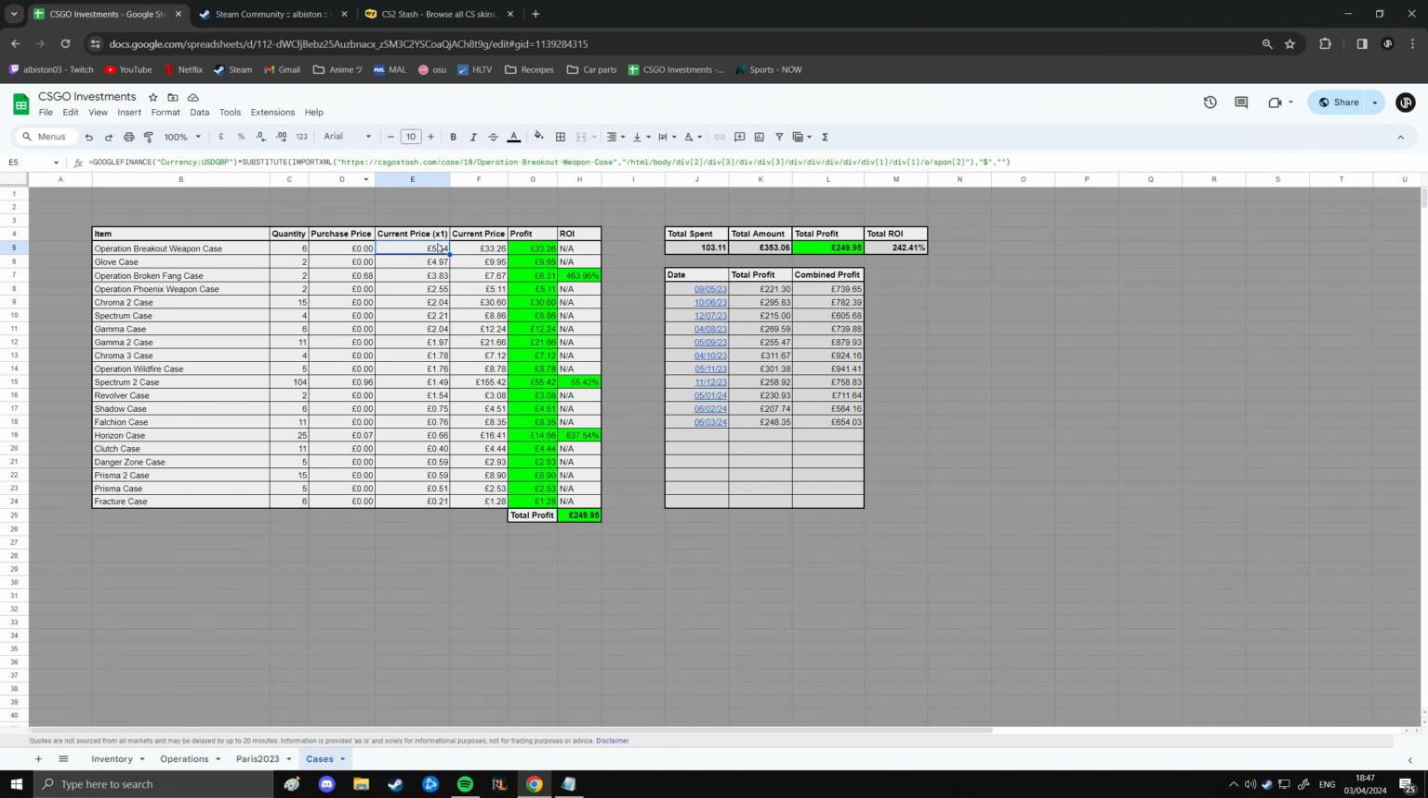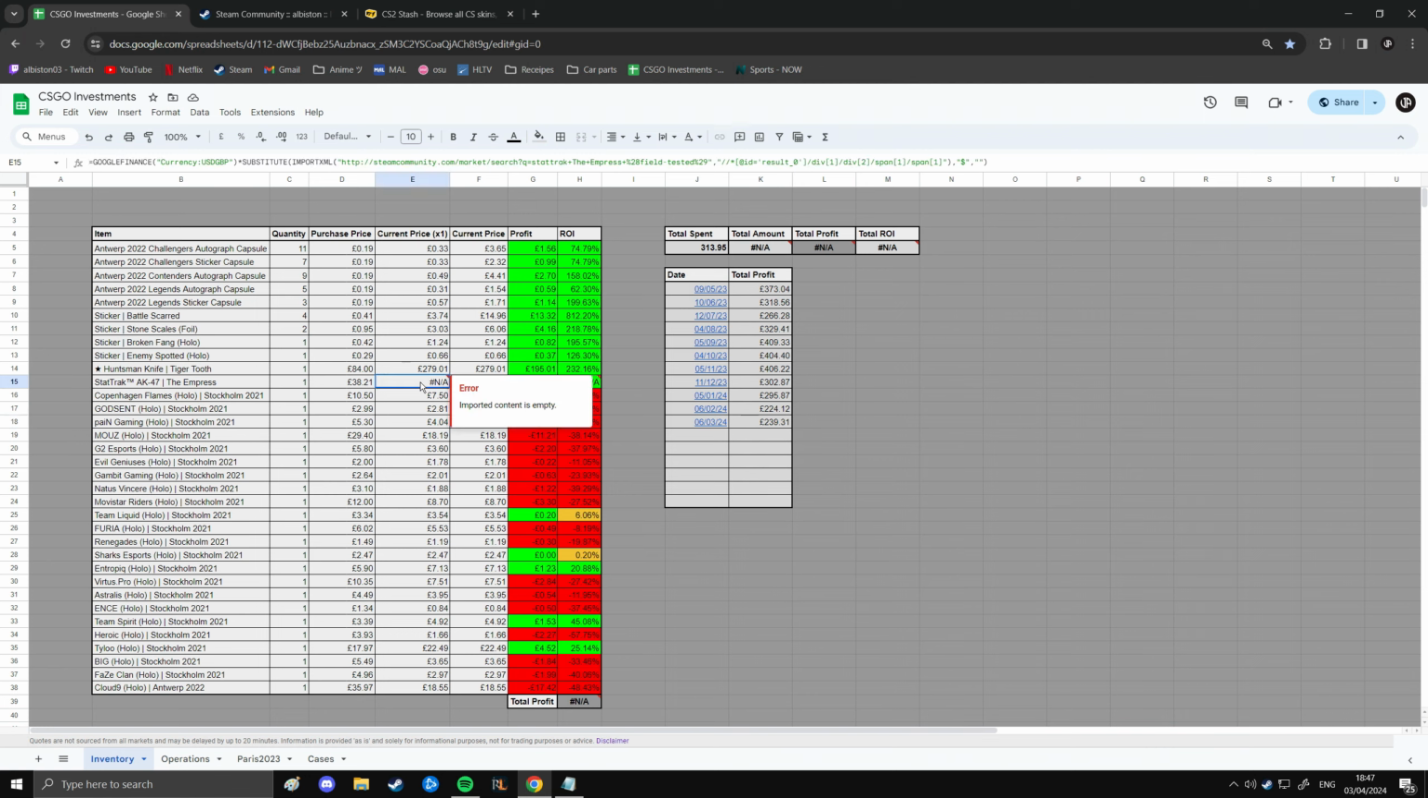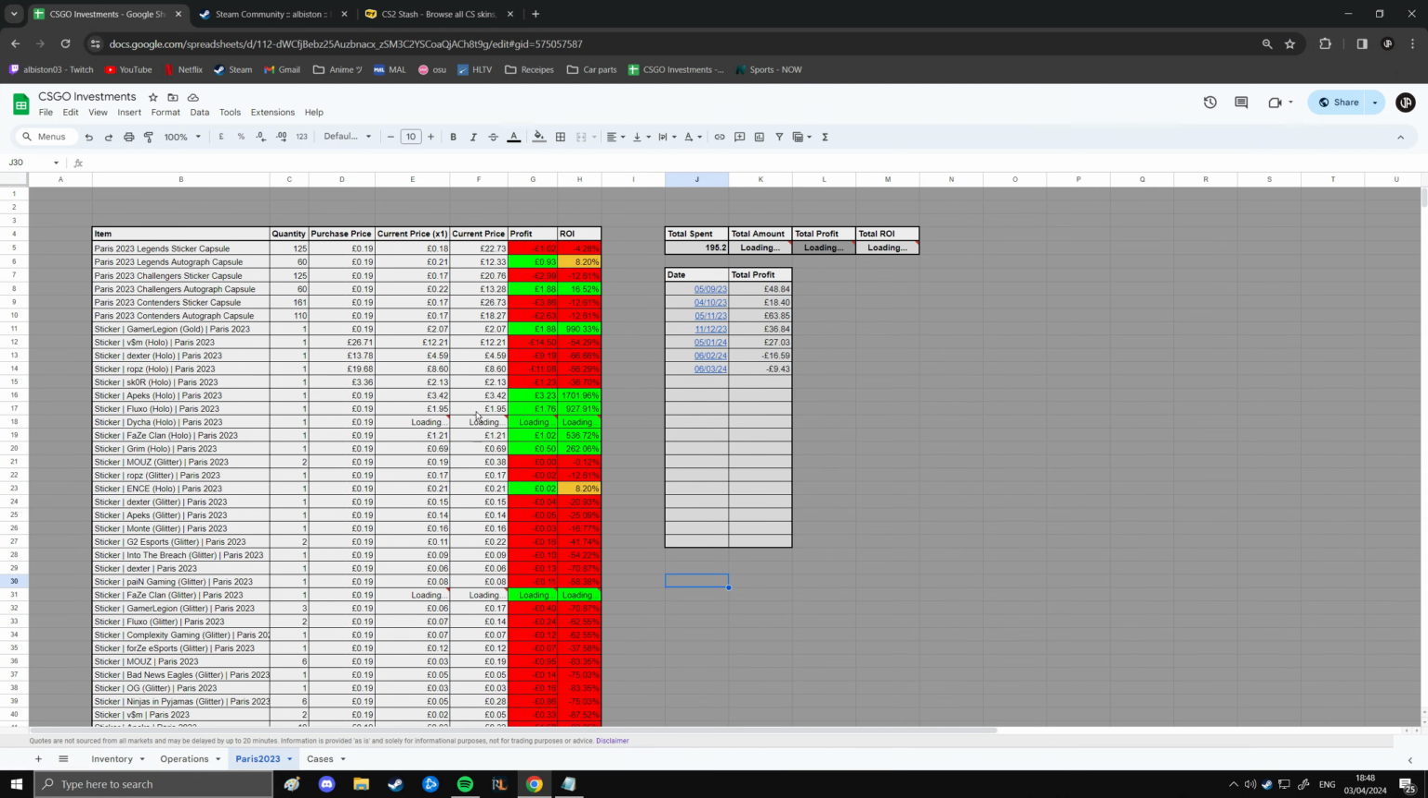Now to get your current price, as you can see, we've got the long code. You can use the Steam market. If you're going to use the Steam market, be prepared to get a lot of N/As, errors. Imported content is empty, as I'm sure you're all aware. When you use the Steam market, half the time you have to refresh the page about 4 times to actually get where you want to go. Using CS2 Stash, CSGO Stash,